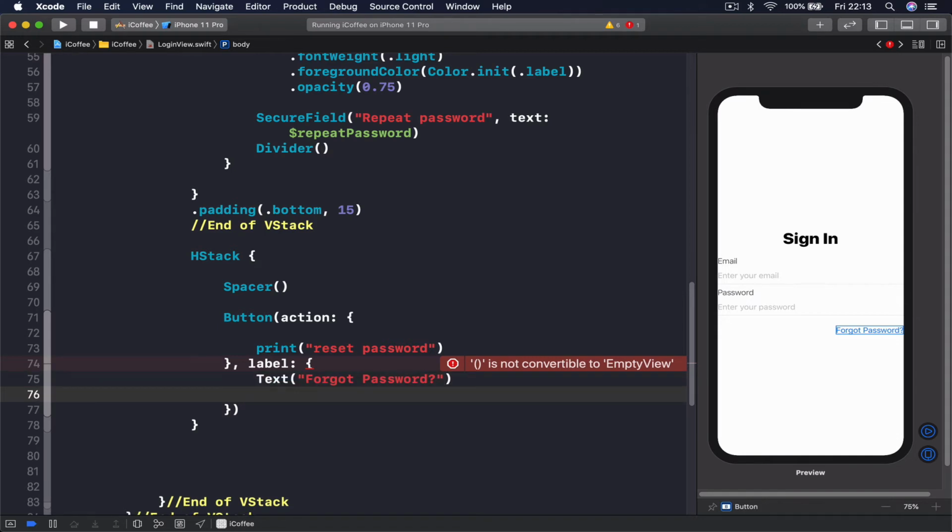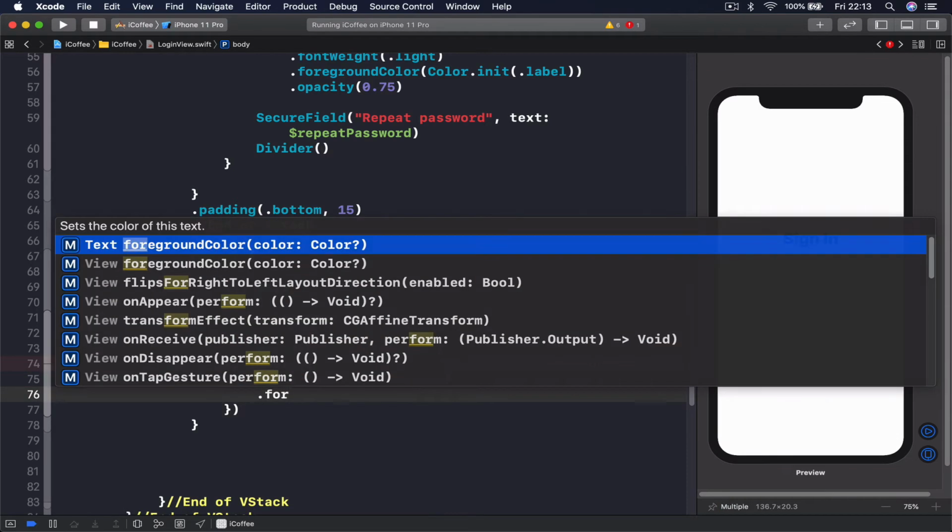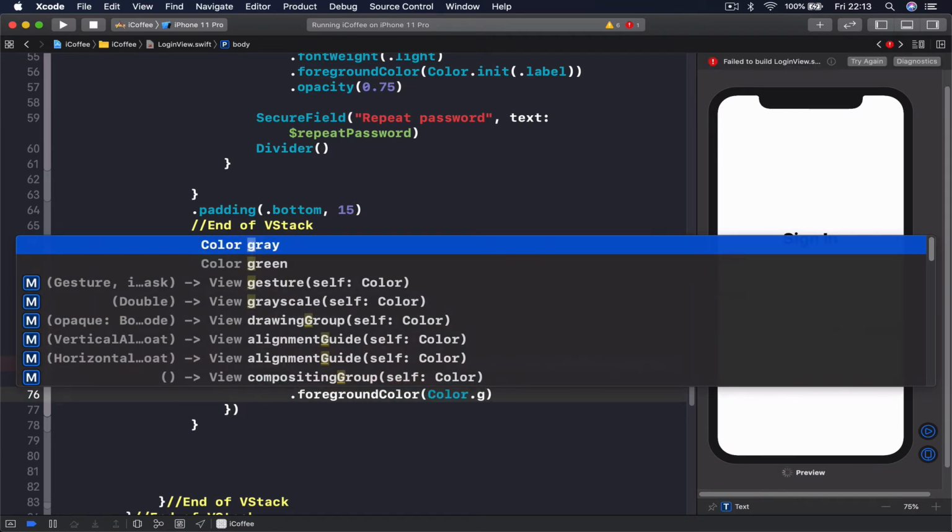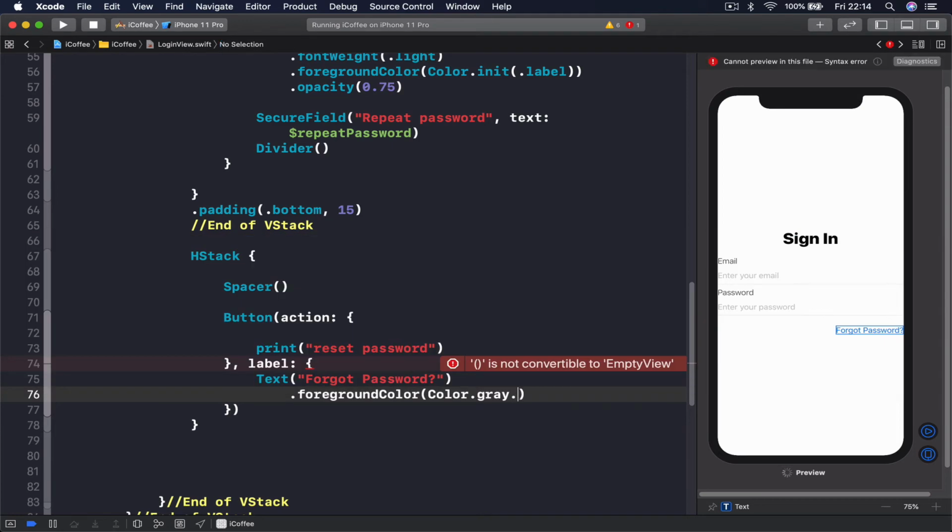And let's add some foreground color, and I'm going to access color dot gray color, and let's add some opacity to it, like 50%, 0.5. So you can see we have our button here,